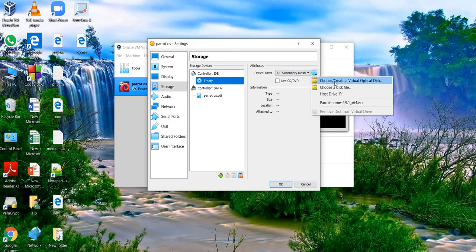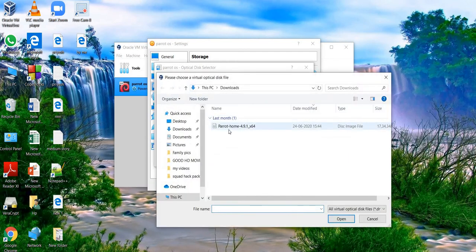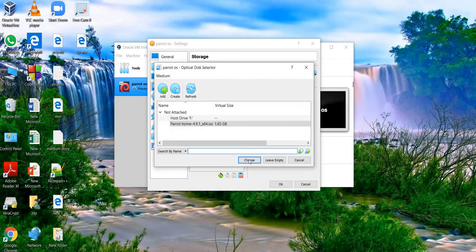Choose the first option, choose a virtual disk, and click on add. Choose Parrot Home. I downloaded it, so it is in the download files. Choose Parrot Home and open it. Choose this.